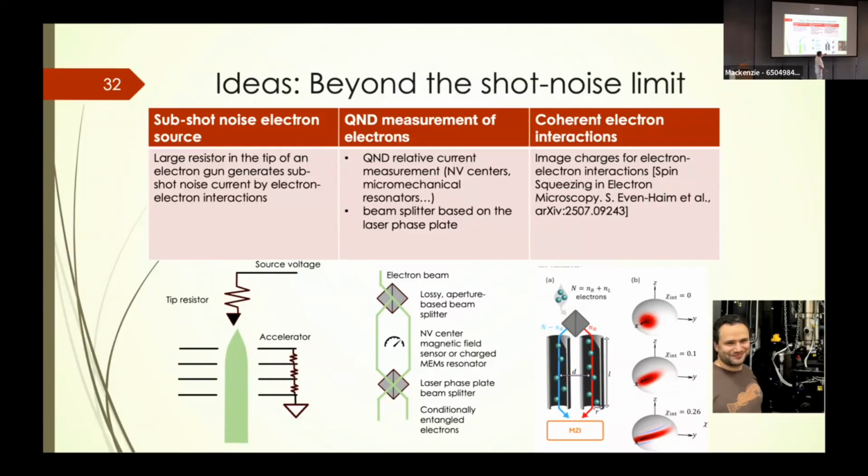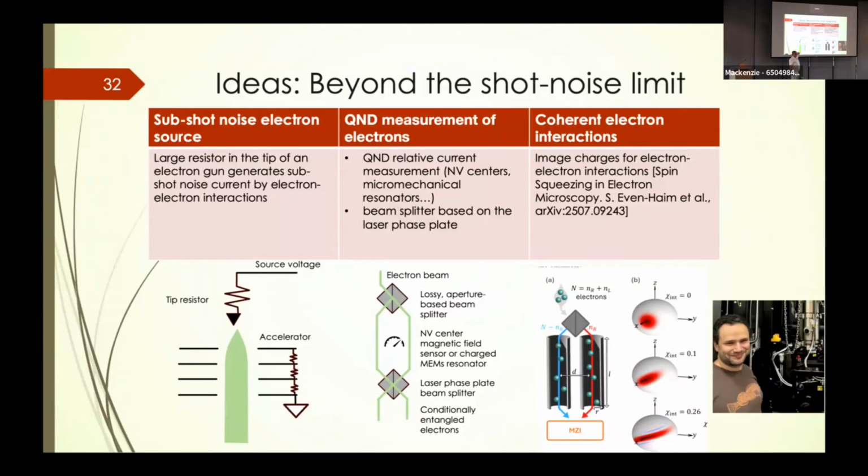As beam splitter, you could use, for example, the laser phase plate. Instead of image charge mediated interactions, you could also use quantum non-demolition measurements of the relative number of electrons here and here to generate a squeezed electron beam. And finally,